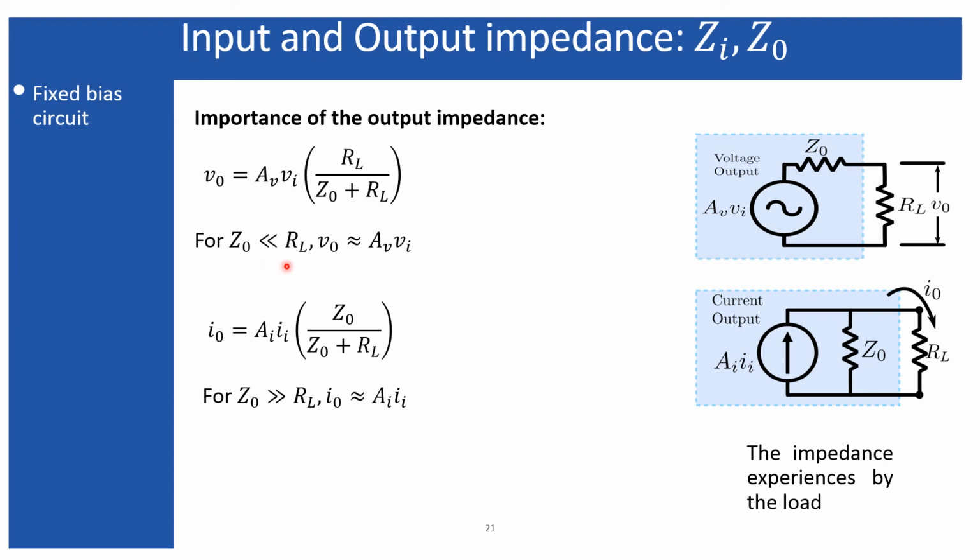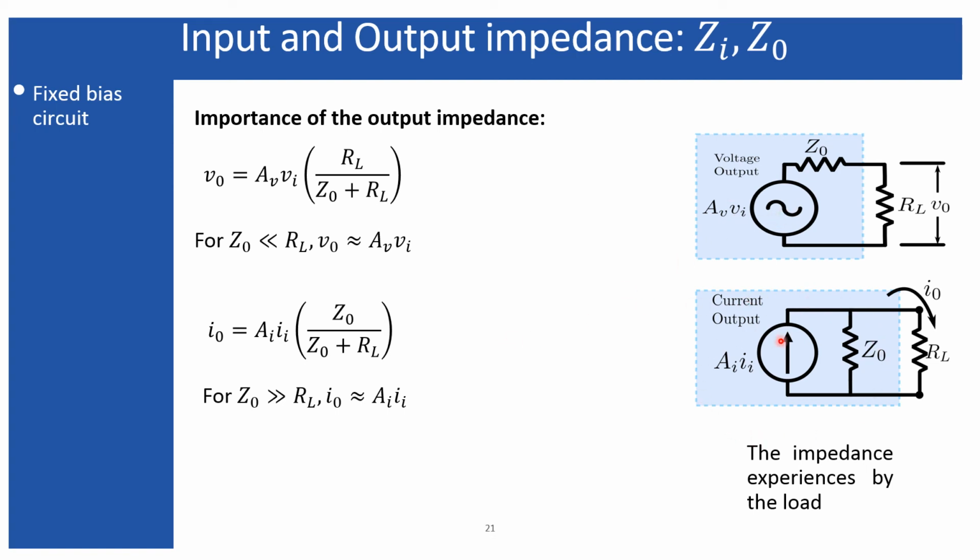So in order to make your device widely applicable, you have to follow this condition. Why is it widely applicable? Because if you apply a very high load impedance, this condition may be followed, but for the case of low load resistance, this condition may not be followed. But this condition will be followed for the low load resistance if the output impedance is very low, less than whatever load resistance you will use. And that is why in the ideal case Z naught will be 0. For the ideal voltage output, Z naught will be 0.